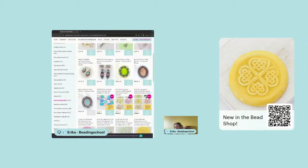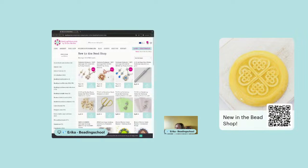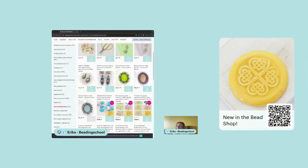Springtime celebrations in our culture in Slovakia are actually connected to eggs as a symbol of fertility, that's why you can see so many oval shapes that we added to the bead shop during this time. So that's why we have Vicky's set with the oval cabochon in the middle. That's why we have Ruxandra's earrings, and also we have new jewel bundles made by Zuzi for her mirror jewel